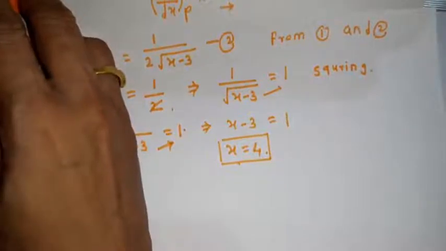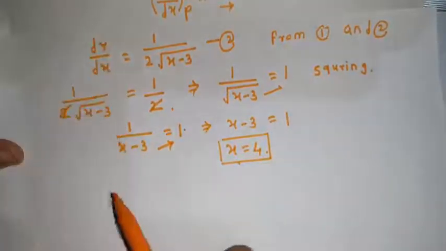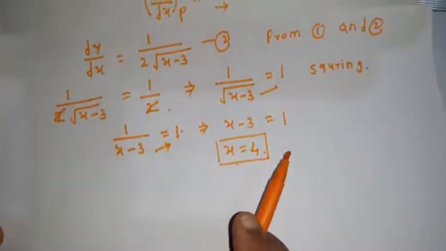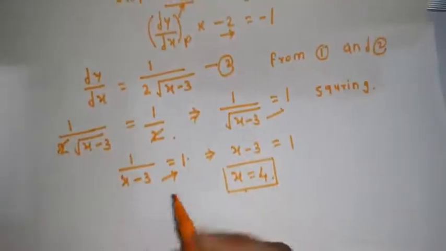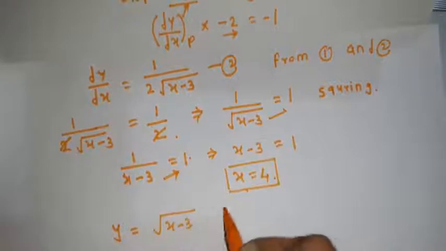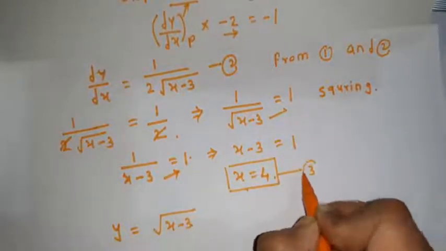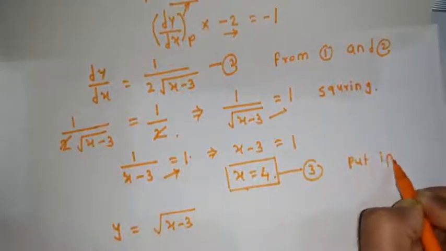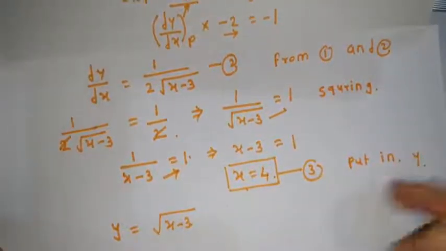The coordinates of the point P are x and y. Out of that we have found the coordinate x. Now for the coordinate y, we have the equation of the curve y equal to square root of x minus 3. So put the value of x, the value 4, in y, and we will get